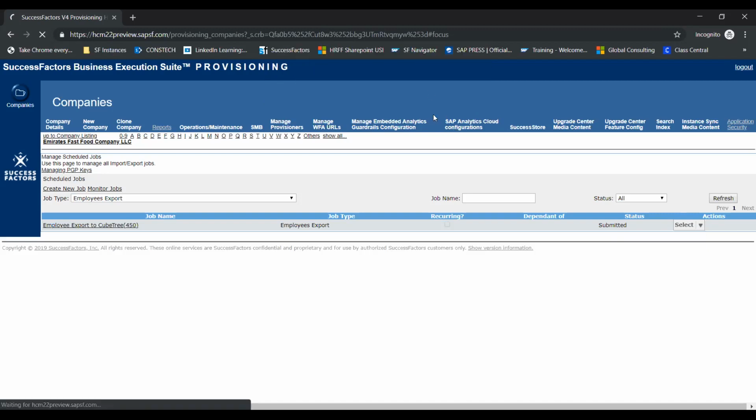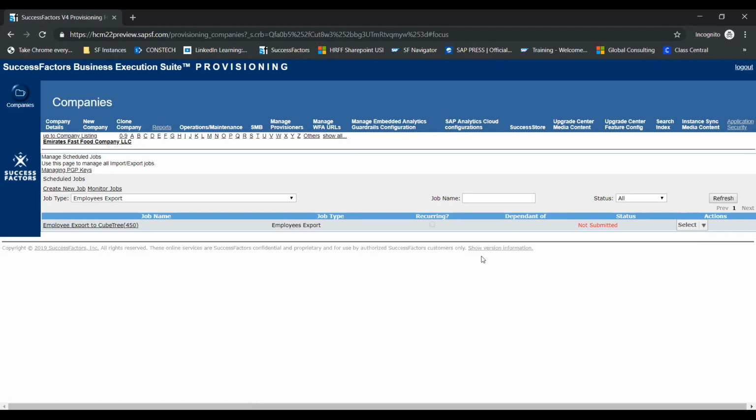Suppose 20 employees have joined your organization and you have uploaded their data. Those data are directly coming from your onboarding to Employee Central. Once those 20 employees have been hired, that data will not automatically flow to the LMS.